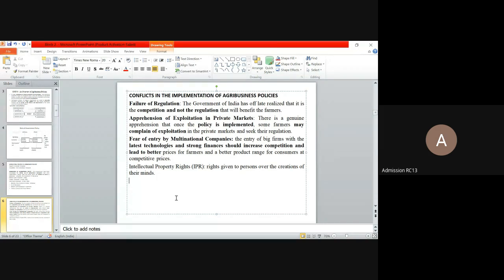Next is fear of entry of multinational companies. As I said, with the result of LPG, that is liberalization, privatization, and globalization in 1991, many MNCs have stepped into our nation, where big firms with high technologies and strong financial aid came up and started competing with the domestic companies. This has led to better prices for the farmers, because farmers benefited. With the competition, they started paying more money, and they started booking the farmers in advance,